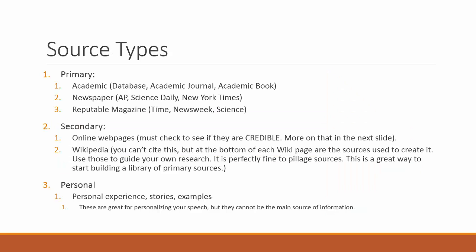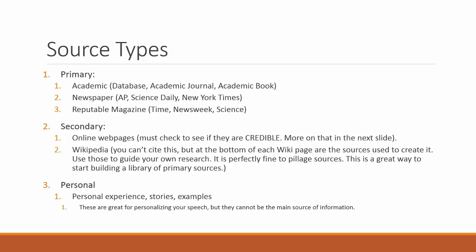Now we're going to cover source types. All right, so a primary source is the primary source that you use. You can use these other sources, they're fine, but in your body paragraphs, the primary sources are what needs to show up first as the definitive source by which you're basing your claim on. The definitive, you get your facts, your primary facts from a primary source. Right, so it's claim, you make a claim, fact, you find a fact, and then you use that source to support that fact. Your primary is your bread and butter.